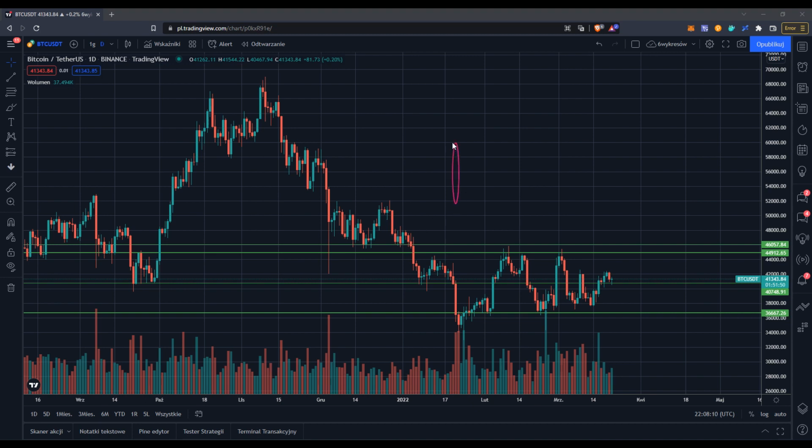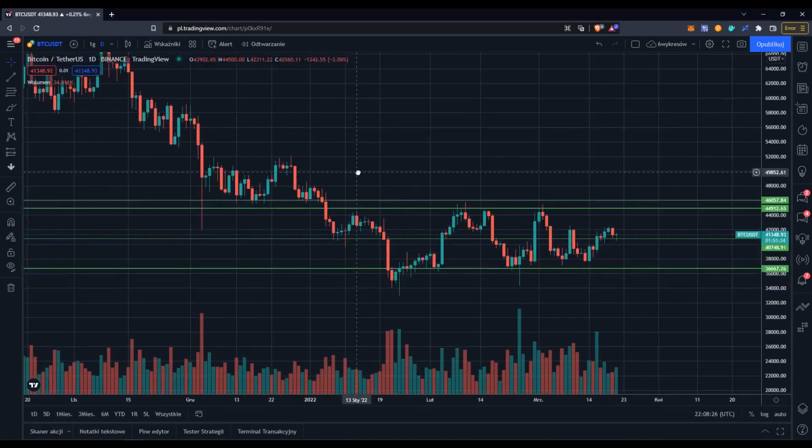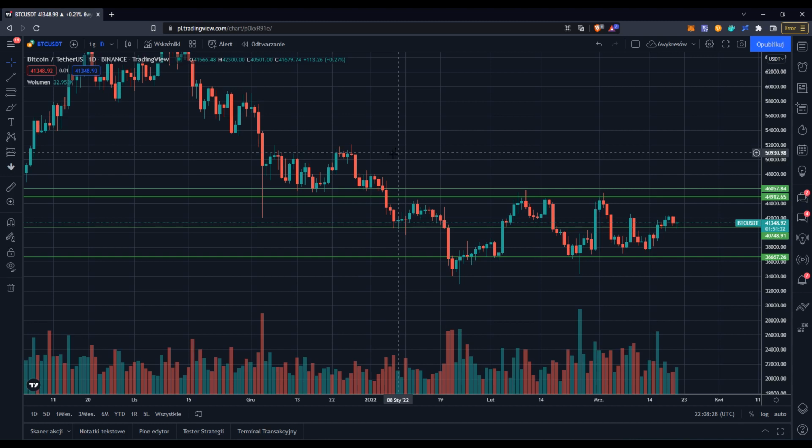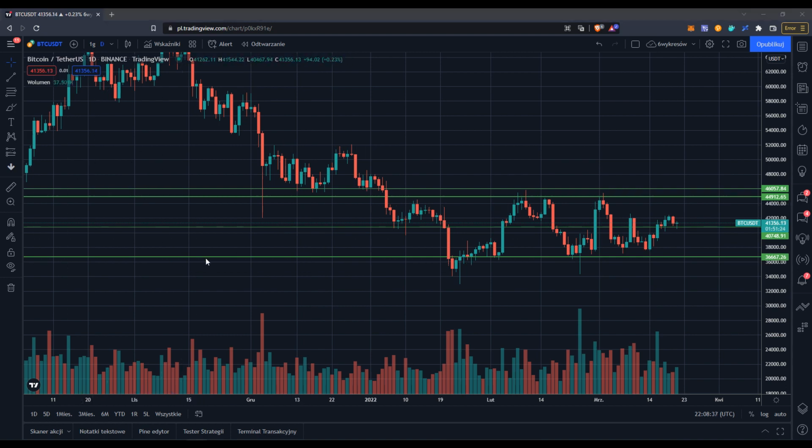So the thing is that any kind of upper or lower shadow has the possibility to work in your favor. Taking into consideration the latest daily chart of Bitcoin,